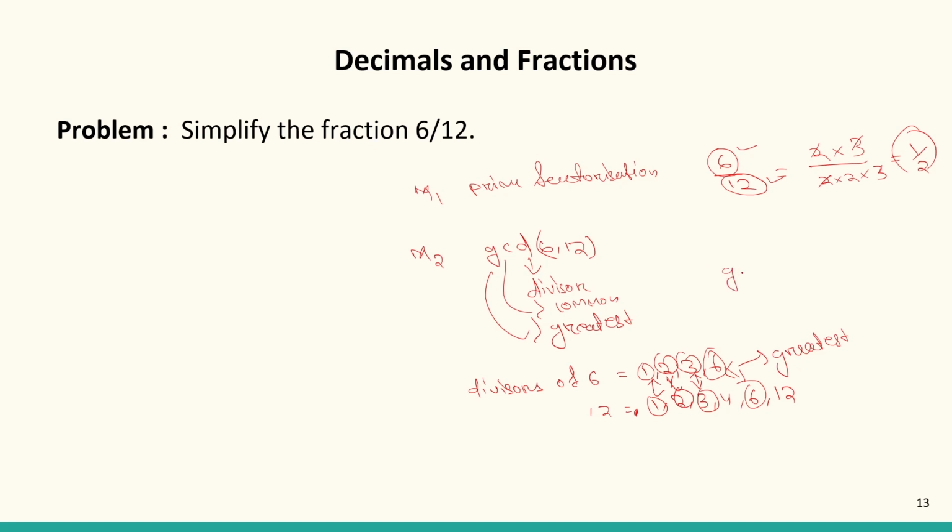So GCD of 6, 12 is equal to 6. Okay, so what we need to do is divide the numerator by 6, that is 6 by 6, and divide the denominator by 6. So that is 12 by 6, that is equal to 1, and that is equal to 2. So this is nothing but 0.5. Okay, this is also equal to 0.5. That is the same answer. Okay,